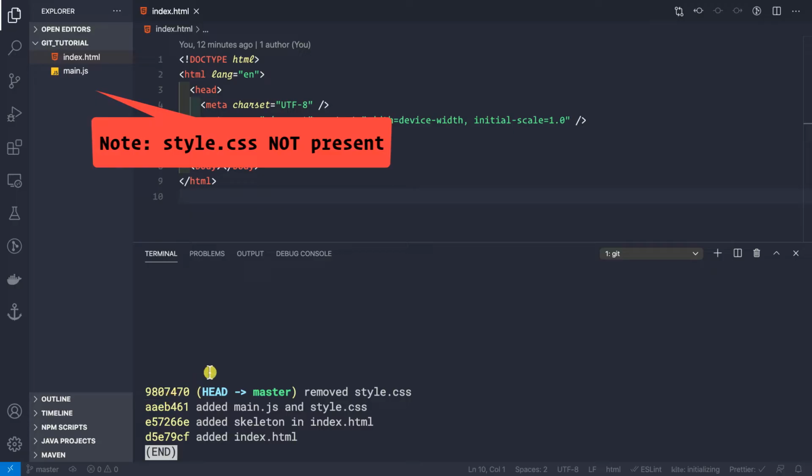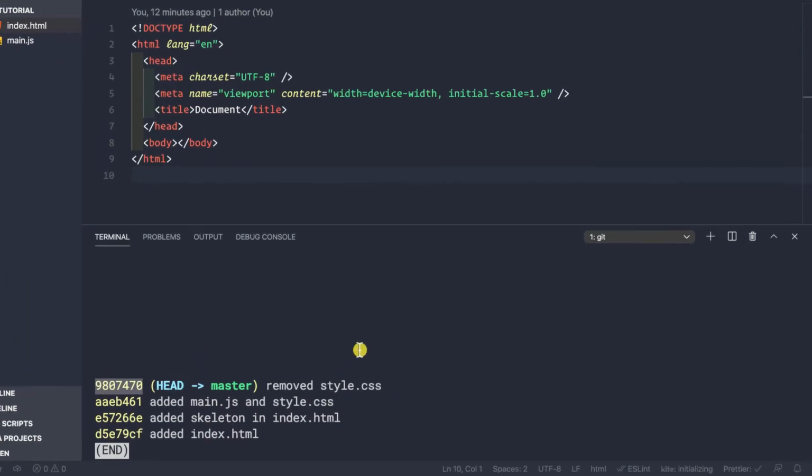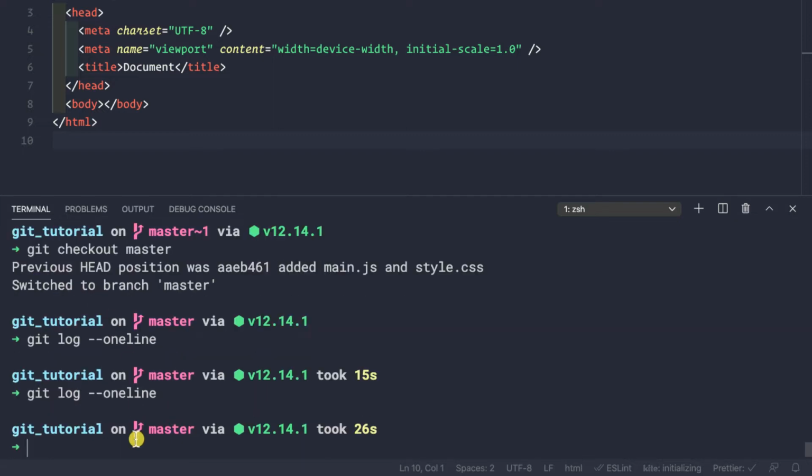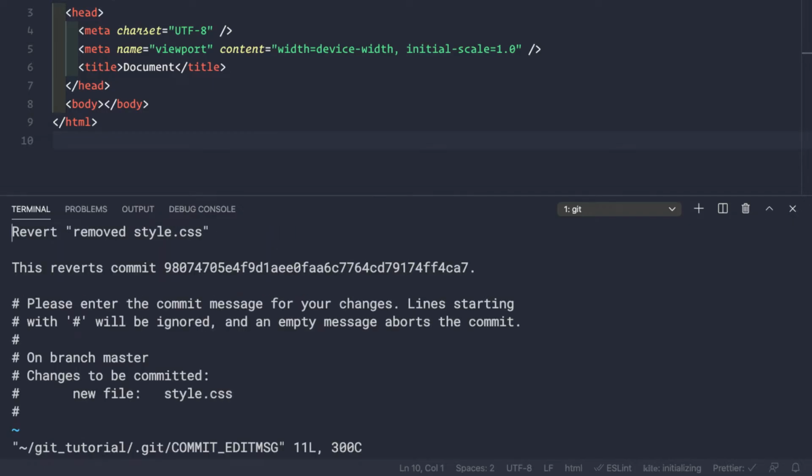It is pretty simple to do again. So firstly, we need to copy this commit ID from here. That is, any commit which you want to revert. So let's copy this commit ID and let's quit from this editor there. And what we need to do now, we simply need to do git revert and then the commit ID which we want to revert. So let's do that.